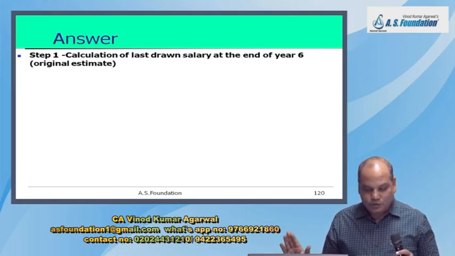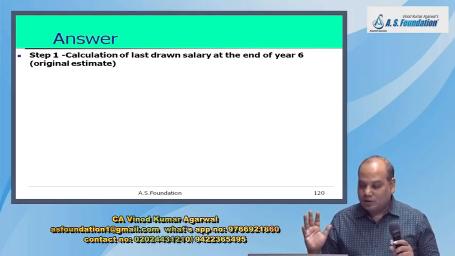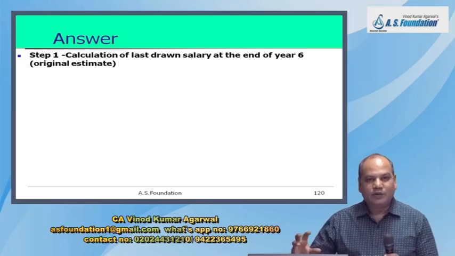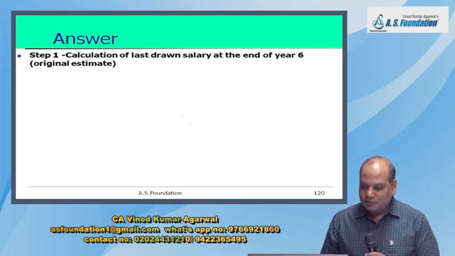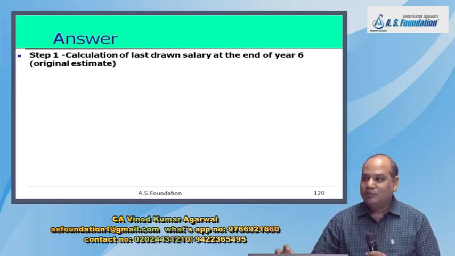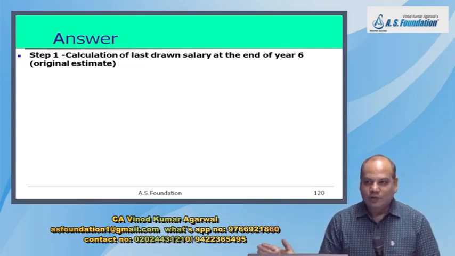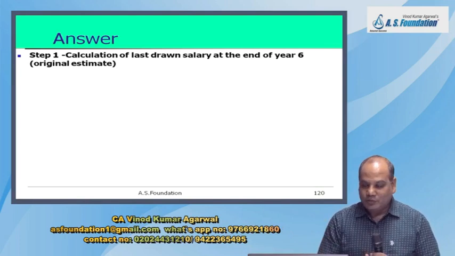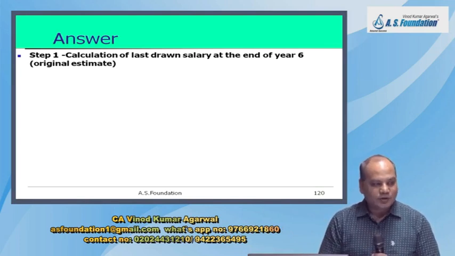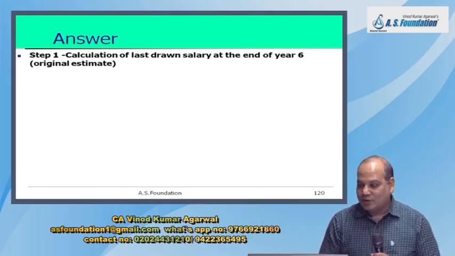Now dear student, first solve the problem as if there is no amendment. Start as usual. After 3 years only, in the 4th year, we will know the assumption has changed. But the accountant will have to do the accounting, yes or no? For the first 3 years, business as usual. Start a little fast. Use both hands: left hand for calculator, right hand for writing. Calculation of last drawn salary.